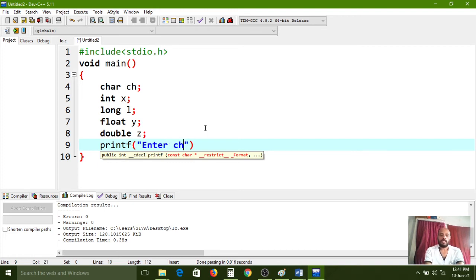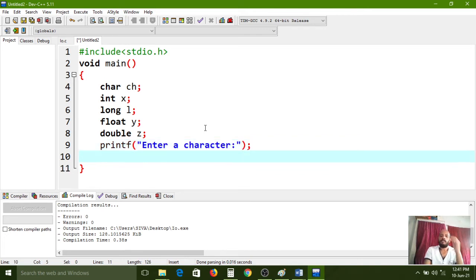Enter a character. So by reading this, immediately you please enter one letter. If you want to take any input, we must use the scanf function. Here the control string %c is for the character purpose. Characters are nothing but alphabets, whatever alphabets we have on our keyboard.